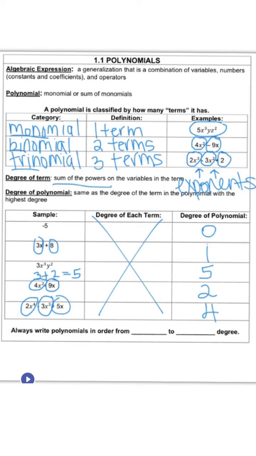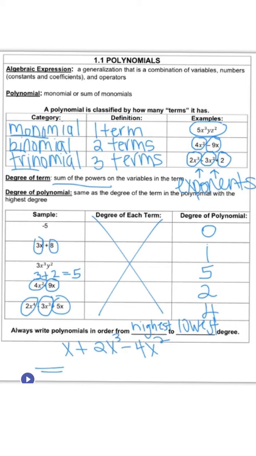Okay, something to keep in mind is always write polynomials in order from highest to lowest degree. So maybe you have a polynomial that looks like this, x plus 2x cubed minus 4x squared. We need to write this in correct order. So I want my highest degree first, which would be the x cubed. So I would rewrite this